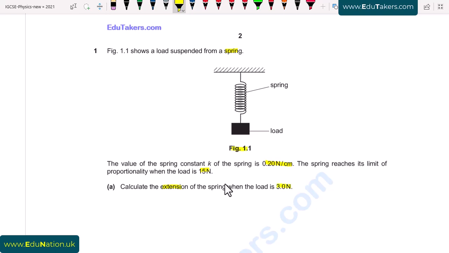So in figure 1.1 we can see that there is a load and it is attached with the spring. Here we have to calculate the extension when the load is 3.0 Newton, and the spring constant of this spring is 0.20 Newton per centimeter. So we have to calculate the extension x. According to Hooke's law, the extension is directly proportional to the applied load, or load is directly proportional to the extension. I write here